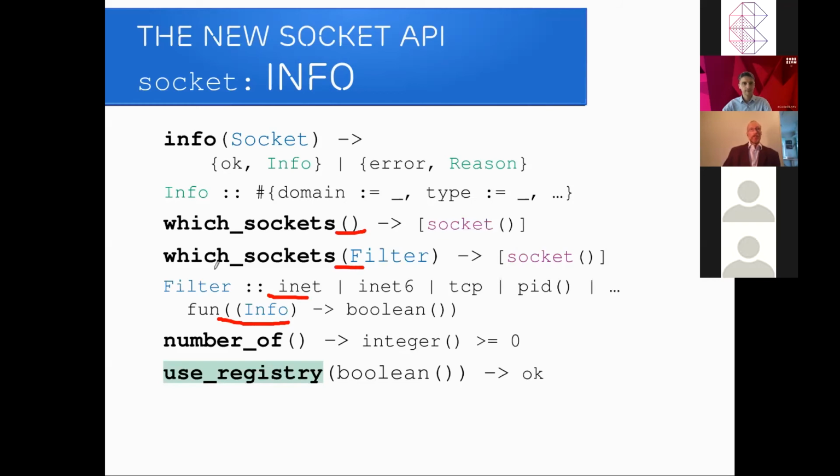These ones, we also have a number of sockets. These ones use the socket registry, which is a named process that the NIF sends open and close events to keep count of the sockets. Since it's a process with no flow control on the messaging, it may choke on some extreme systems. Therefore, you can disable this by setting use_registry to false. There's also a start flag for the emulator for this, and you can set it per socket when you open it also, if you have special needs.